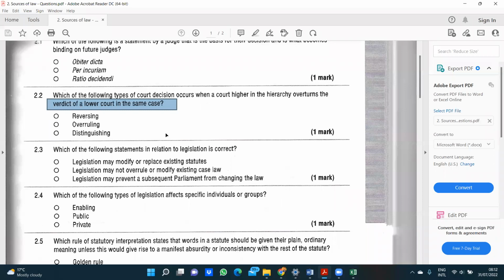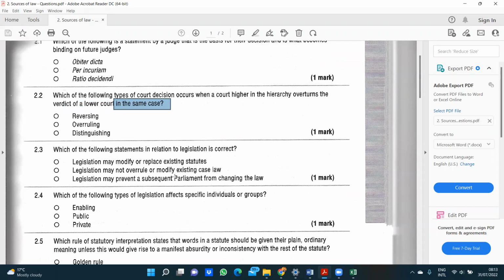No. This is actually reversing. A reversing decision is made when a case is appealed. And an overruling decision is when a court overturns the decision of a lower court in a different case. Here it is in the same case. Overruling is in a different case. It does not change